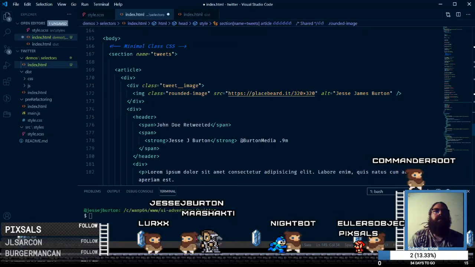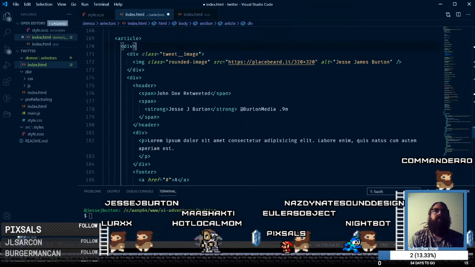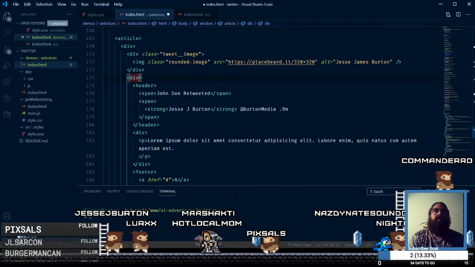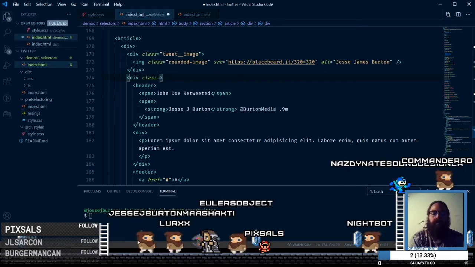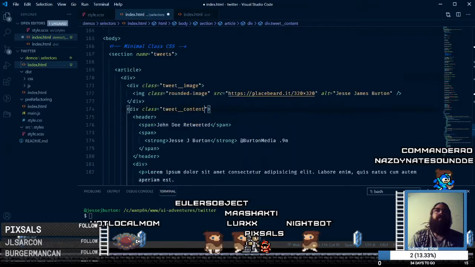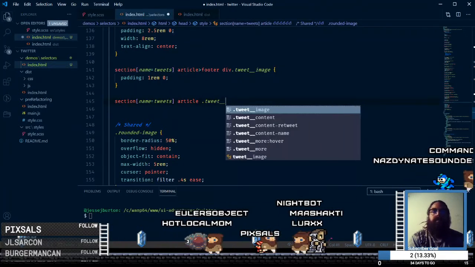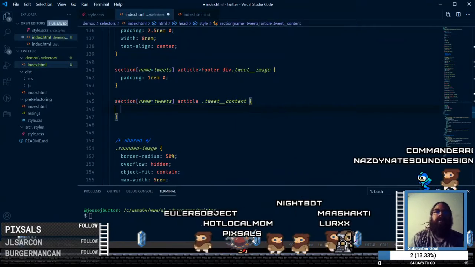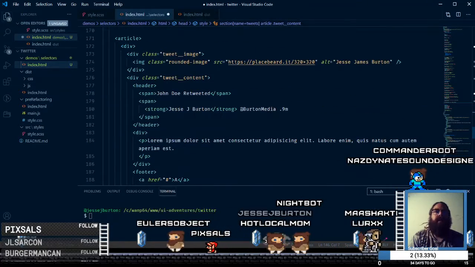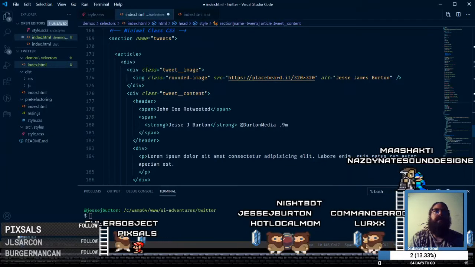Now we've got our article, and then basically we have a div and then another div. So here's where I'm going to give this a class equals tweet content. Tweet content, just because otherwise trying to select this div that's inside of this div and not affecting any of the other ones